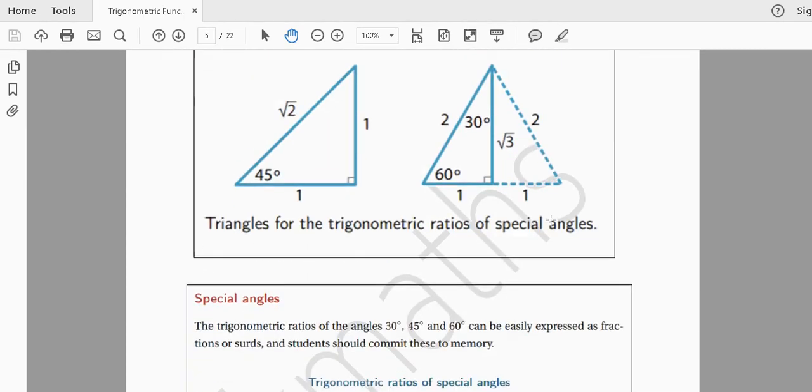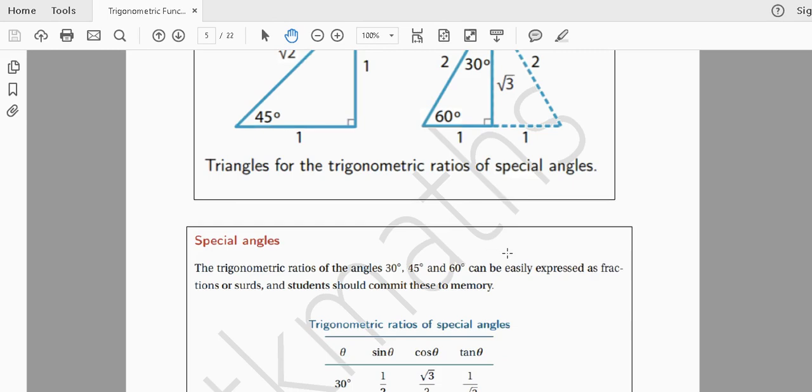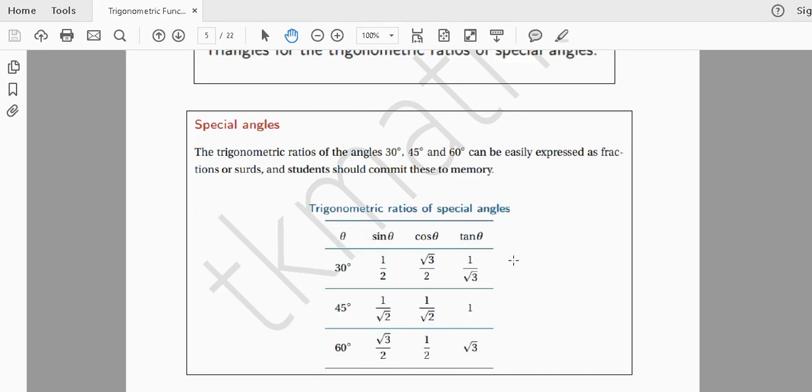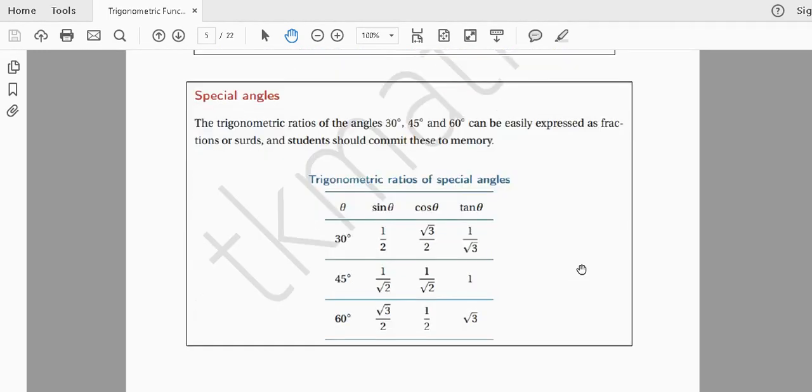Then when we study, we always talk about special angles, though it is not very useful in the exam. The reason is that in the advanced exam, a calculator is allowed, so we can use a calculator. But why are they called special angles? Because without even using a calculator, you can find the exact value. So the special angles are 45 degrees, 30 degrees, and 60 degrees. There is a technique for how to do it, but it is not required from the exam point of view. So it is basically for the sake of general knowledge. I have completed this table with the help of this diagram.